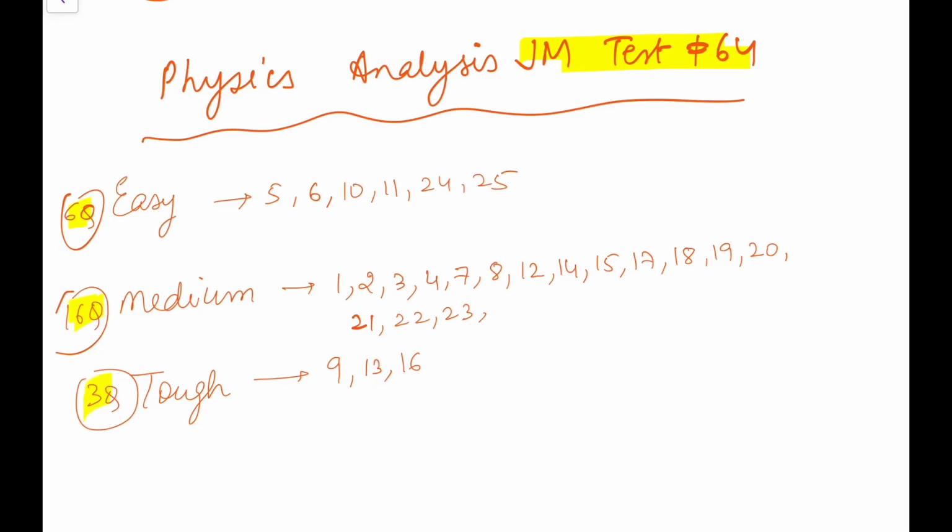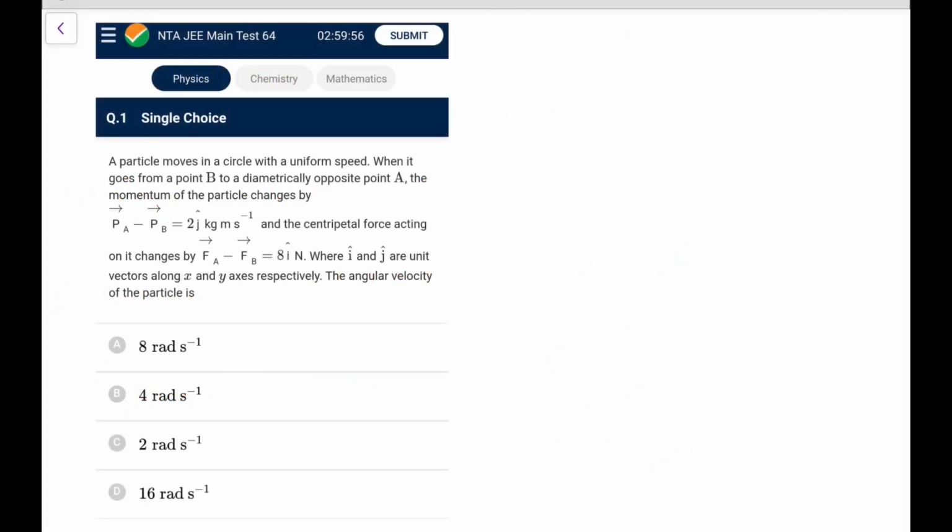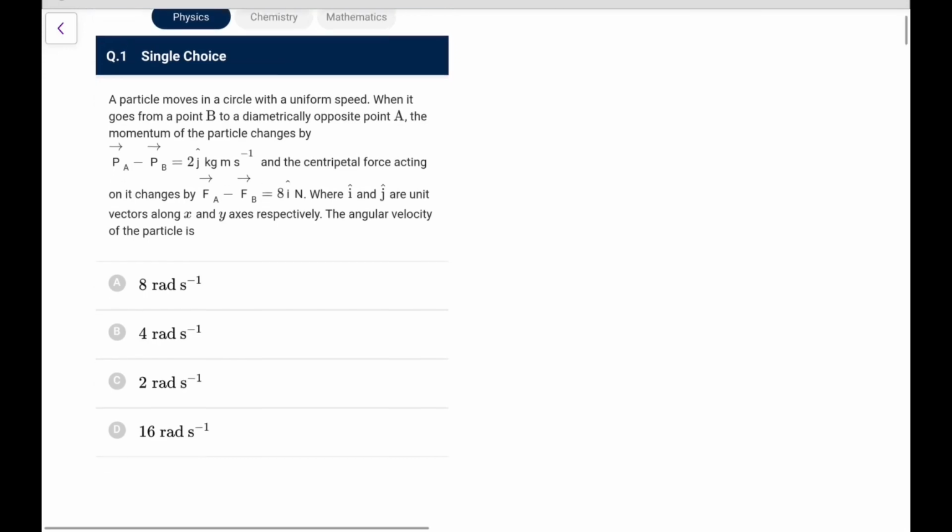Again, a regular paper. I think a good student above average should get 60 plus and a very good student should get 85 plus. The 16th question is directly from a JEE Advanced previous question. So you must have done this. I have regarded it tough, but if you are preparing, you should be able to do that. So let's see what is in the paper. So let's start. Question number 1.